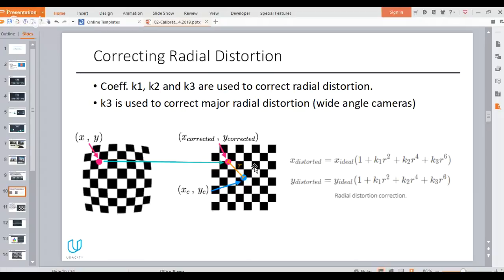And what we have to do is find the distance between the corrected coordinates x corrected and y corrected with respect to the center of this corrected image, and that distance becomes r. And we use the formula provided on the right side of the slide in order to correct the radial distortion